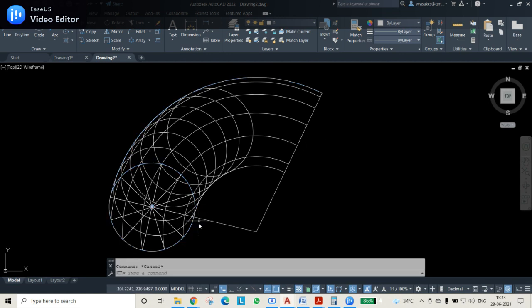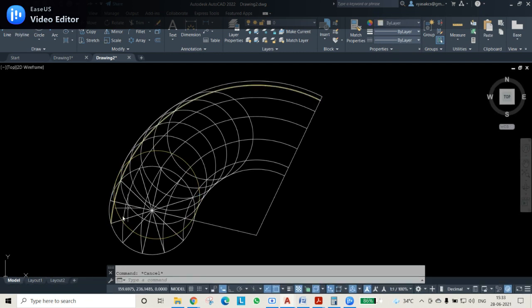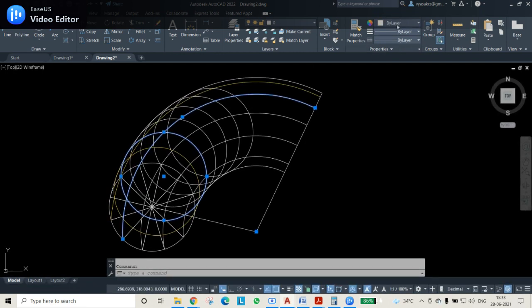The remaining all will be given color coding. This is your first circle and this is your first line, so we'll give one color to it. Similarly, this is your second circle and second line or curve, we'll use a second color. Then third circle and third line will get a separate color.